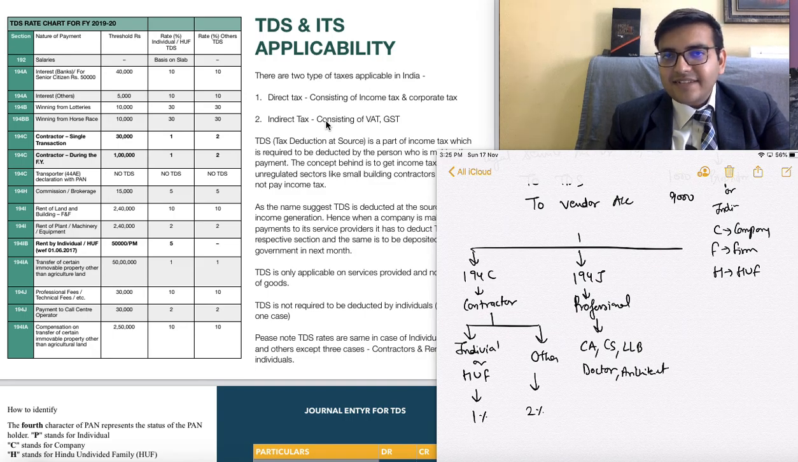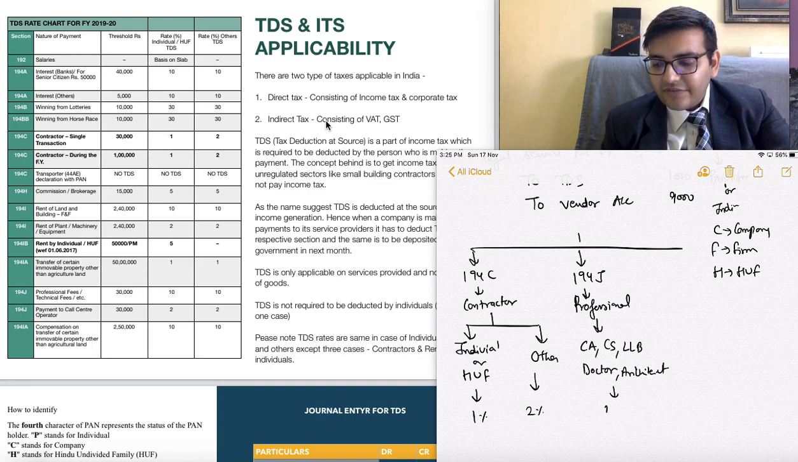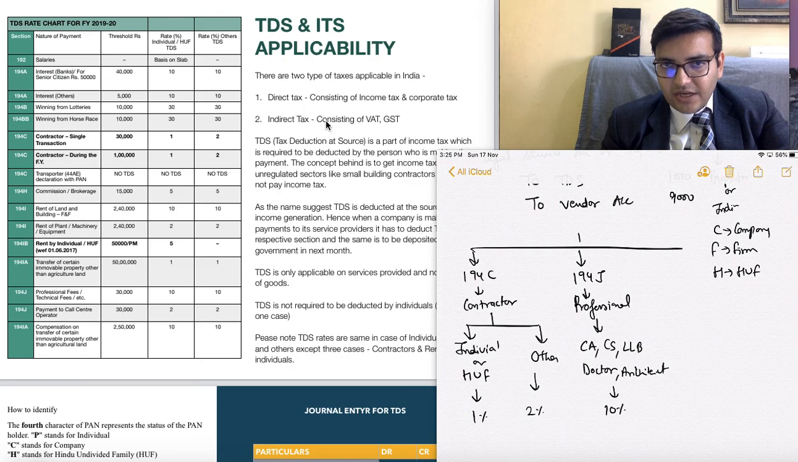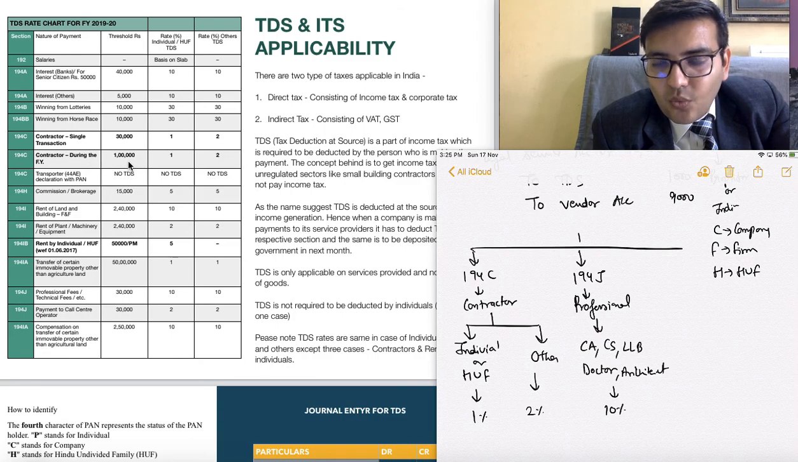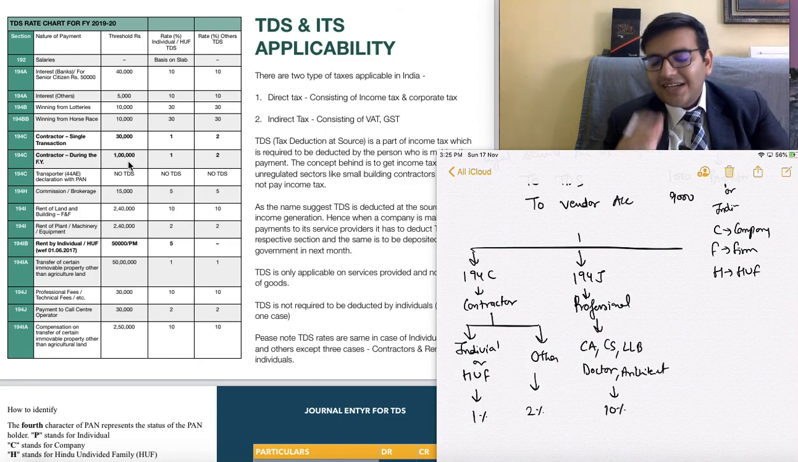So in these cases you have to deduct TDS at the rate of 10%, okay. I'll tell you the limits also. There are limits. Just to see here, if you can see, contractor single transaction 30,000, contractor during the year 1 lakh rupees. Now what is this limit? This limit says,